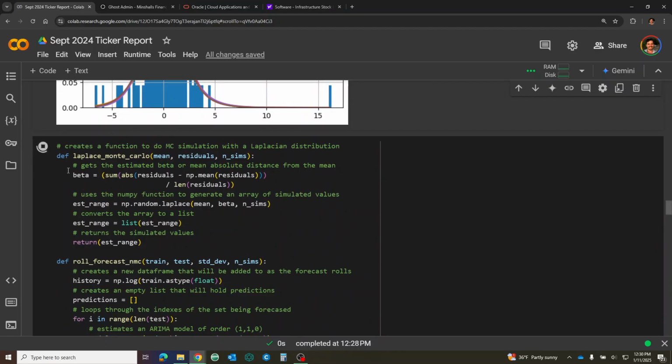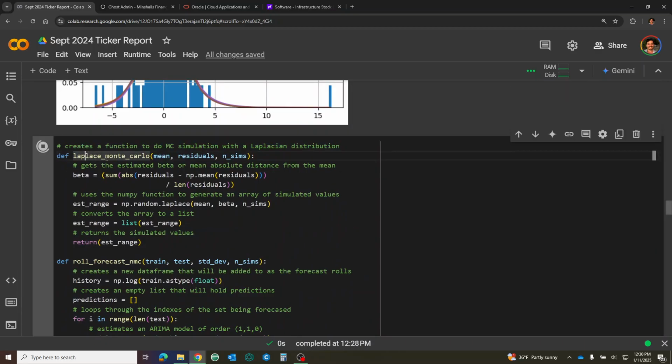Cool, so let's move on to the more interesting thing. Here we're making a Laplace Monte Carlo simulation, and a Laplace Monte Carlo simulation assumes that our distribution is a Laplace distribution, but that might not always be the case for every kind of distribution out there. So there might be some adjustments we need to make here as well to create a better algorithmic test. But basically what we're doing is